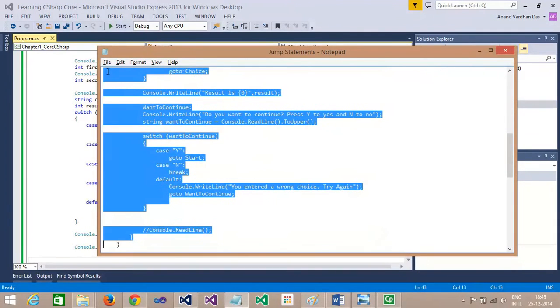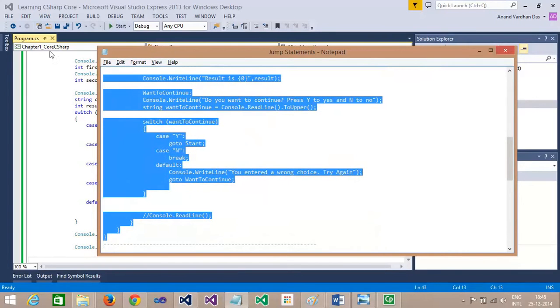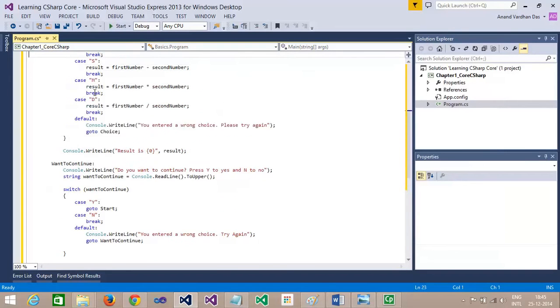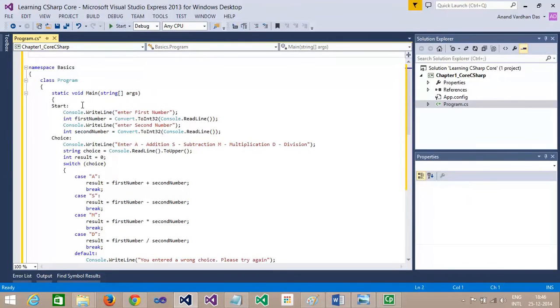Okay, now in this code I'm simply taking the same switch case statement. Here I am putting a label. So what is a label? A label is something we use with a goto statement. The goto statement helps us reach that particular label. Whenever I write a goto statement and after that mention the label name, the control will directly jump to that label. That's why we say it's a jump statement.